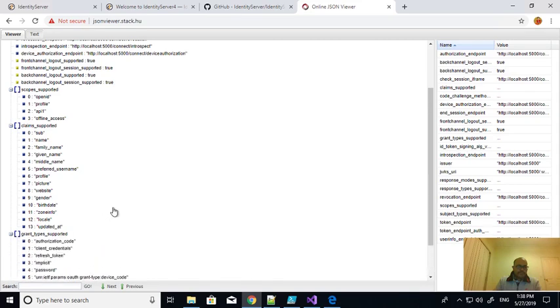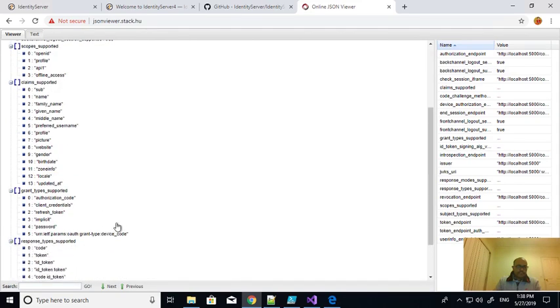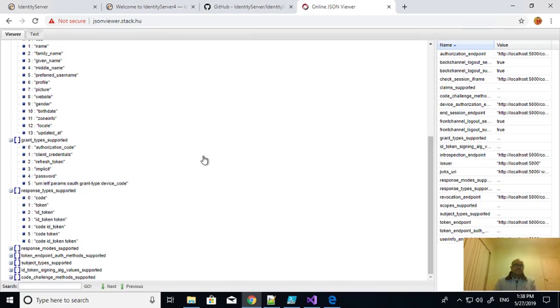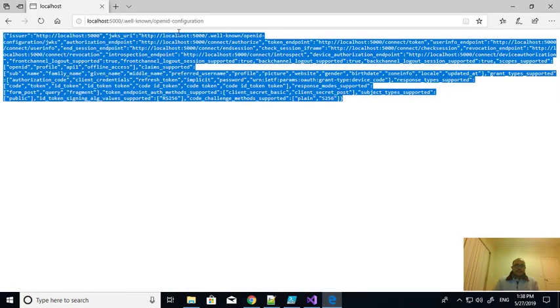These are the grant types it will support. These are the response types it will support. So this particular OpenID configuration gives the complete metadata of the Identity Server 4. So if you check,